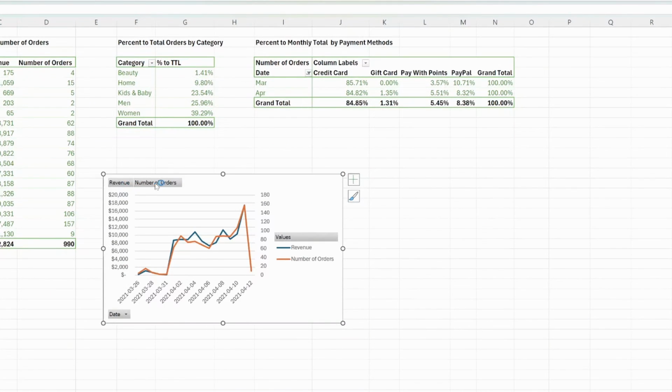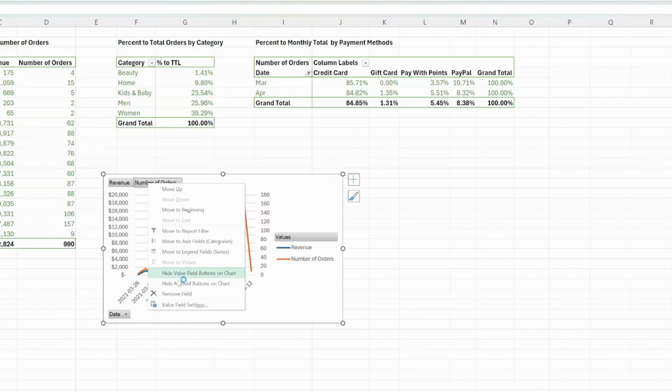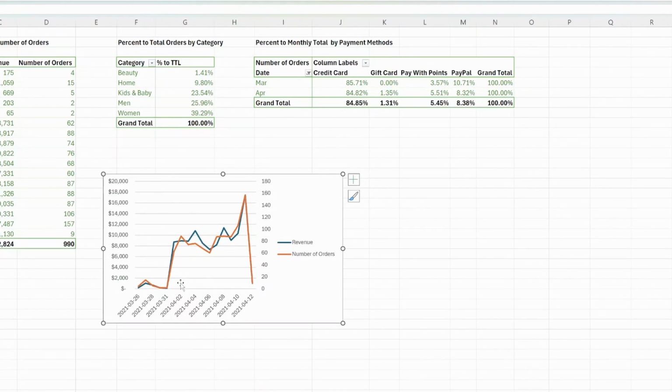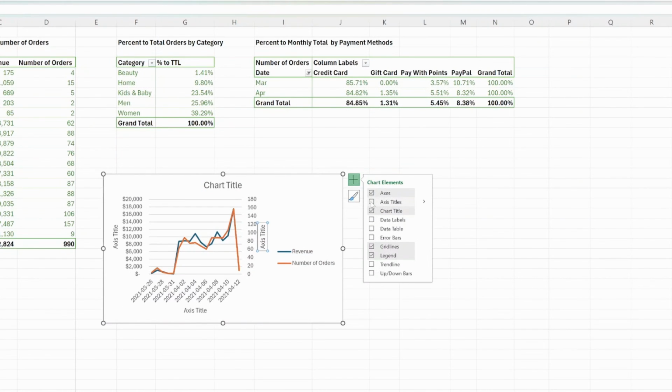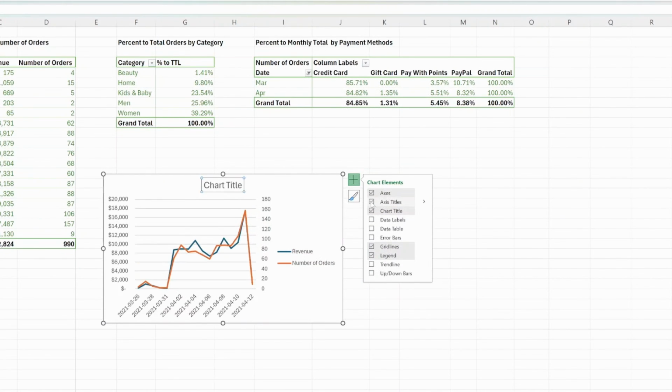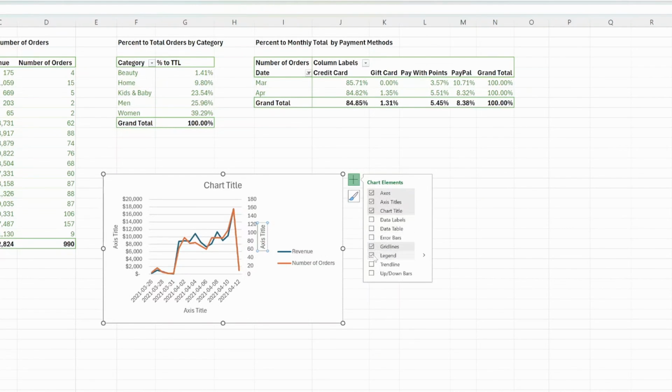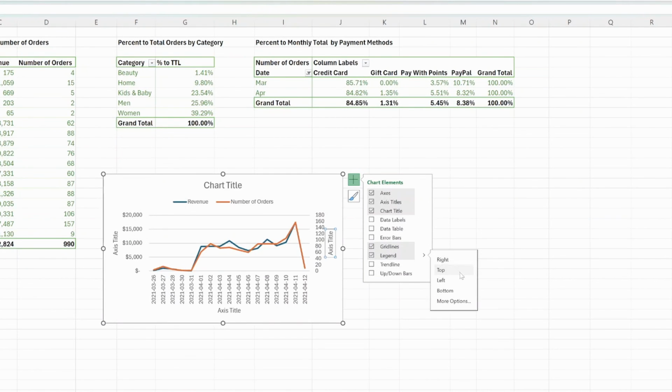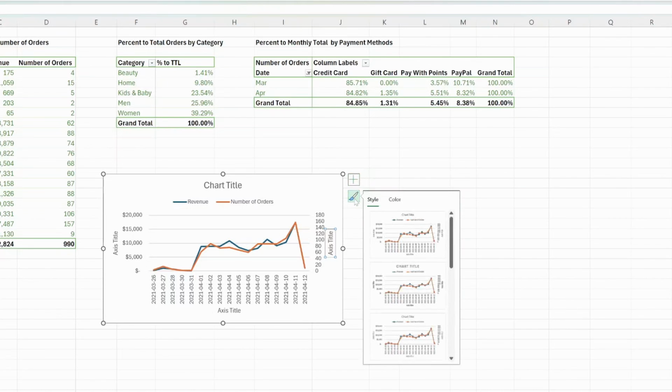Now I don't like the filters here. You can keep them if you want, but I'll hide all filter buttons. We have a legend. We don't have a chart title, so I would add a chart title. You can add axis titles as well. And let's go to the legend and move the legend to, let's say, top, so it's better for visibility. You can remove the grid lines if you want or not. You can change your format, color,